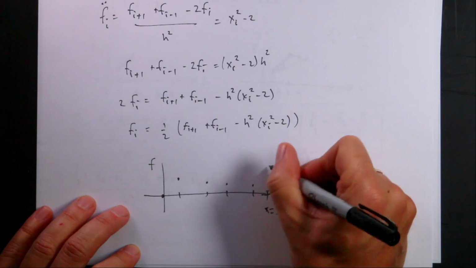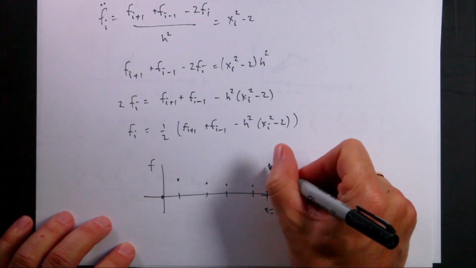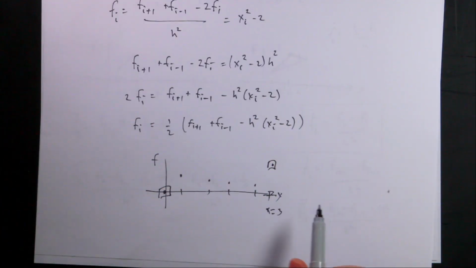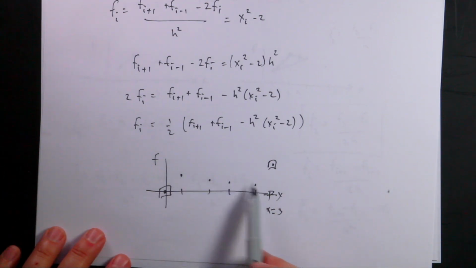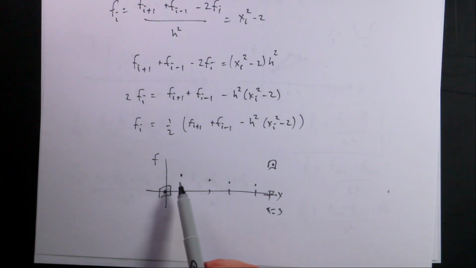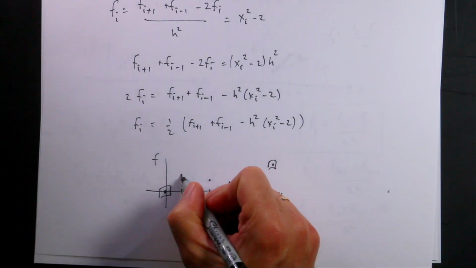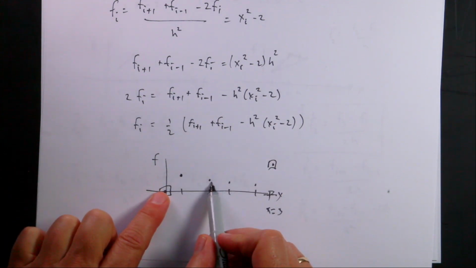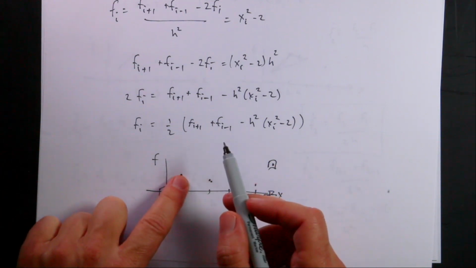I know that one is up here at 2. I know this is set, so I'm going to put a box around it. I know that one's set too, which is the first and the last piece. Those are my boundary conditions. They're set. I can just guess some data values over here. Once I guess those values, I can find the new value right here using the one before it and the one after it, plugging them into this equation.